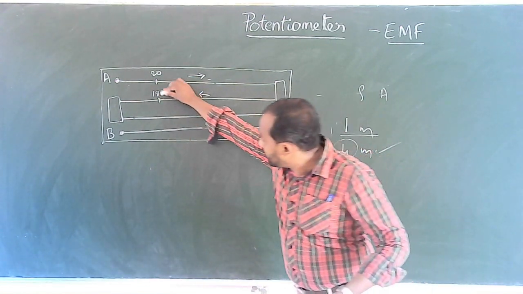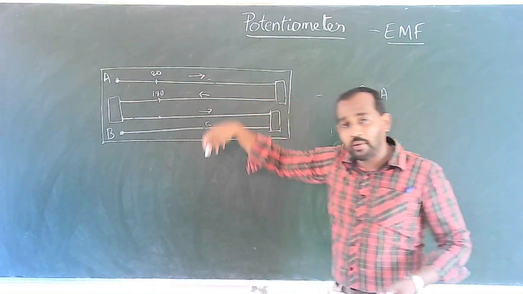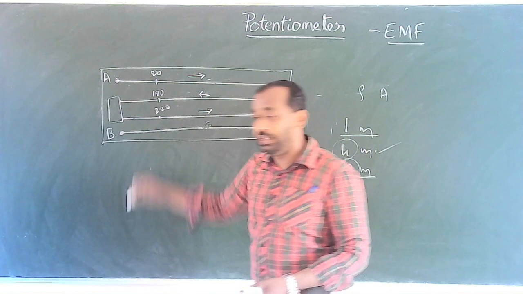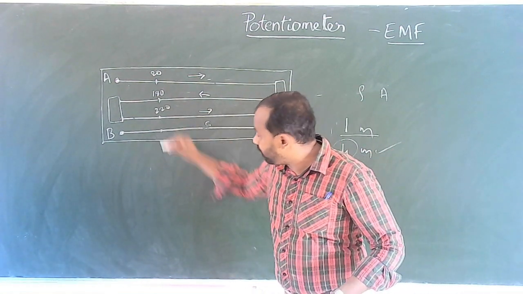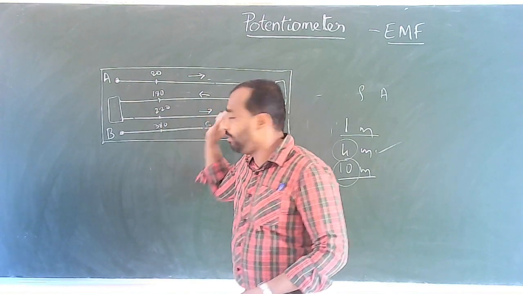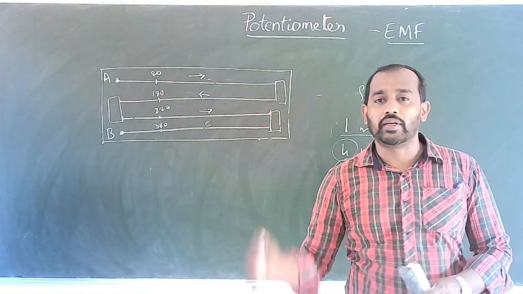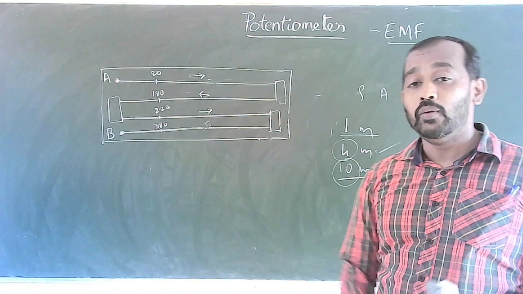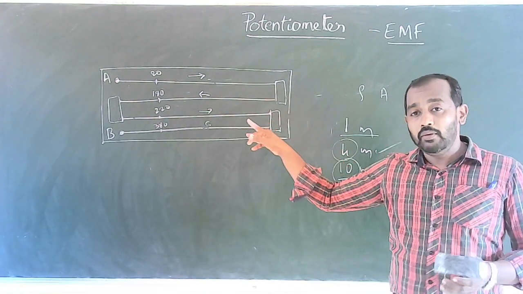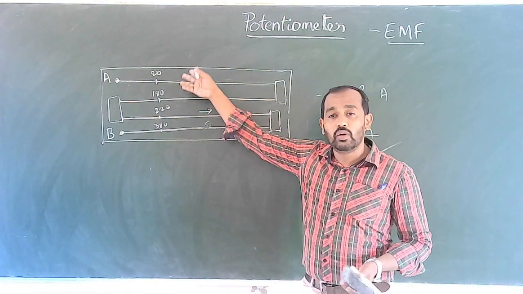Then the next line, exactly below that point, it will be equal to how much? 220 centimeter. And the last line will be equal to how much? 380 centimeters. So this is how we have to take the readings. You should be very careful. We have to take the reading from both the scales which are mounted below the wires here.